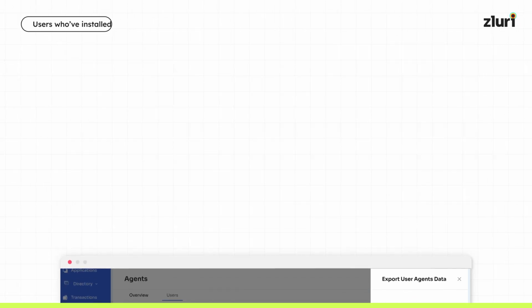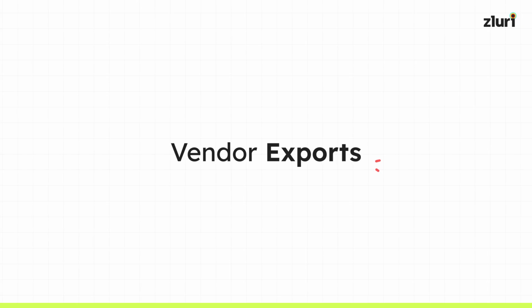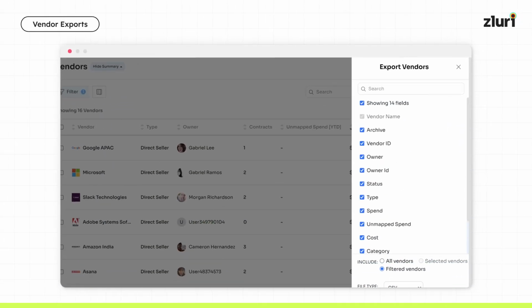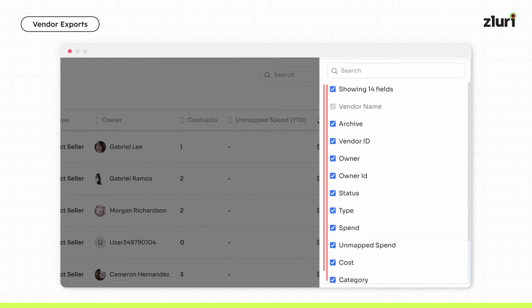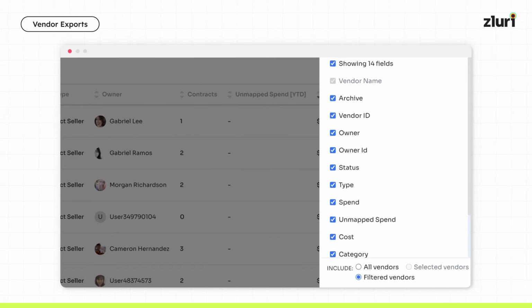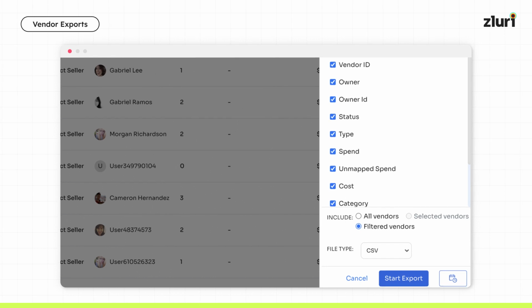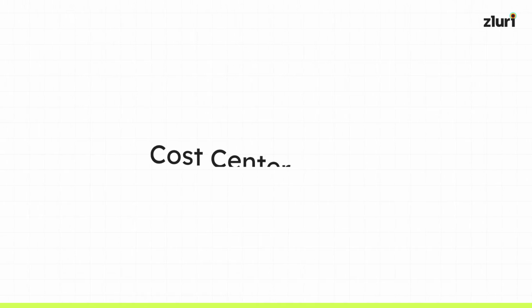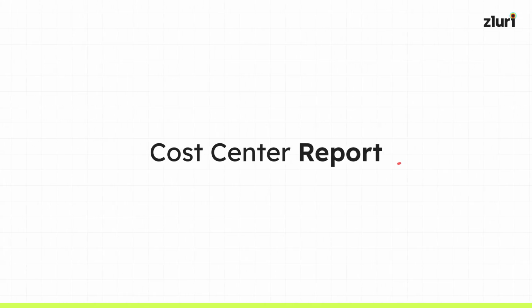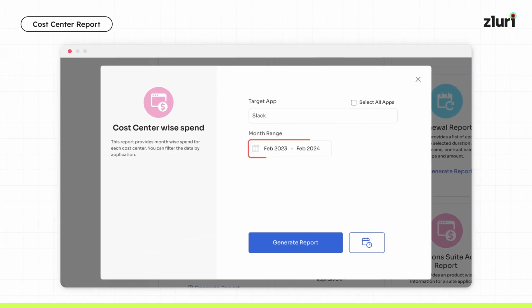We are also introducing vendor exports. With this, you can export the list of vendors with their details, cost, and spend associated with them. This helps simplify financial and spend decision making for all stakeholders. Now, finally, we have the Cost Center report. You can now download month-on-month cost center-wise spend report for the report session of the dashboard. You can filter the data by application